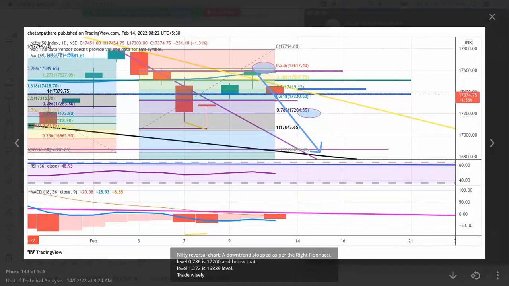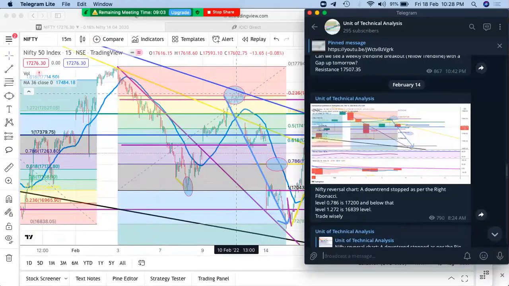I thought that, okay, it should just be coming up, touching this 17204 level and then coming down. But it didn't happen in that way. It just went straight down. And that day, this was given in the morning itself, 8:24, even before we come to know about the Nifty opening, or maybe SGX or something like that. It was already there. I just read it in the chart and I have told you the exact levels: 1.272,